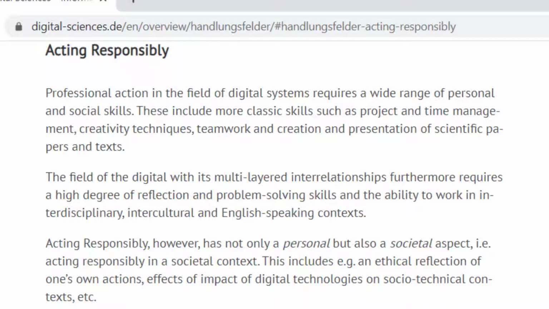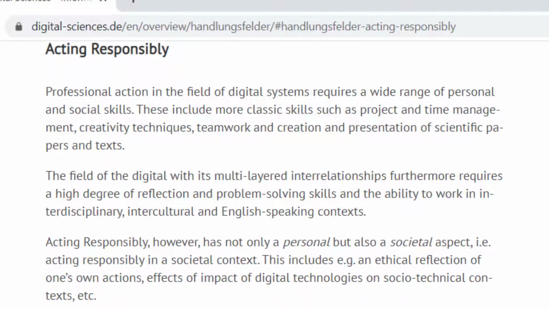That is, for instance, something like the ability to organize yourself in a team, but it's also the ability to understand tensions and conflicts in a team, abilities to present your own ideas, pitch skills, and so forth. But this also comprises skills to understand the consequences of what you are doing in terms of social impact, in terms of ethical consequences, so that you are prepared to act as a responsible professional in the IT